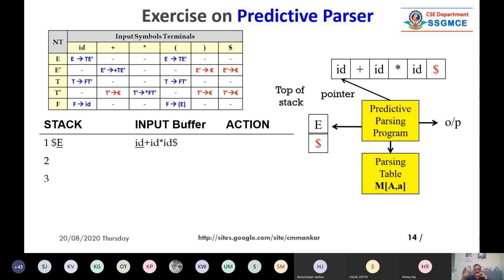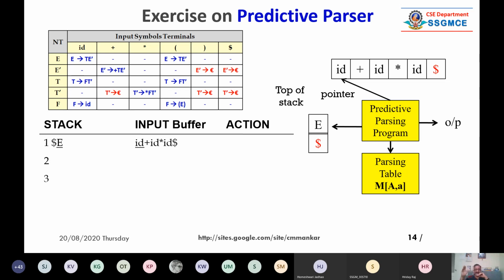So what we have to do, we can simplify how to parse the given statement. Here, only for understanding, in the exam you don't need to draw such a yellow diagram. You have to just draw a table like this: stack, input buffer, and action. It is below the parsing table. So here I am numbering it 1, 2, 3, 4 like this. So 1 means step 1, 2 means step 2, like that.